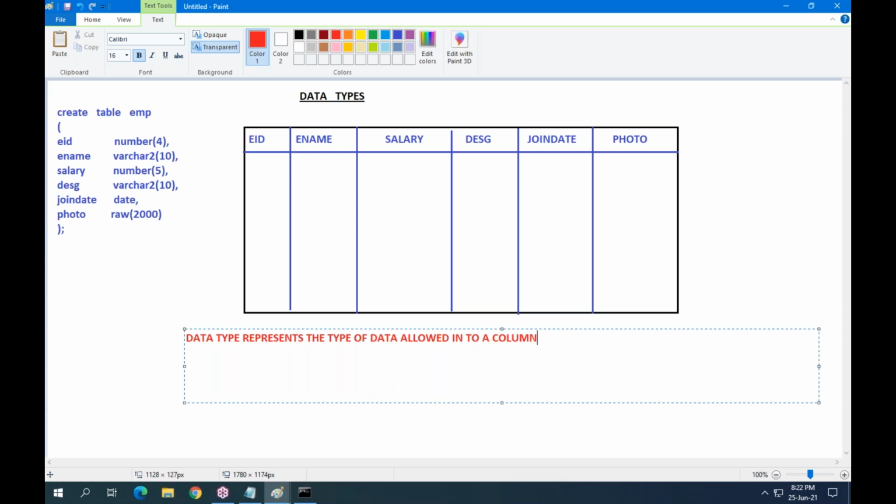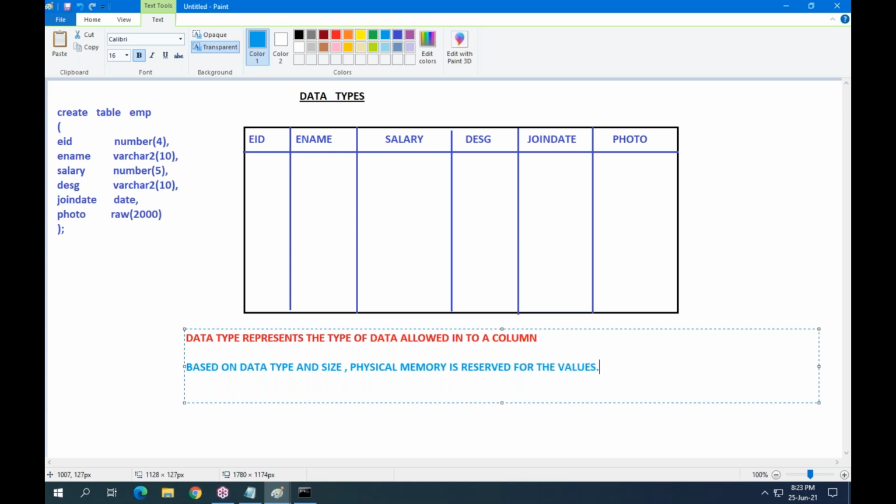Second point: based on data type and size, physical memory is reserved for the values. I will explain this point.